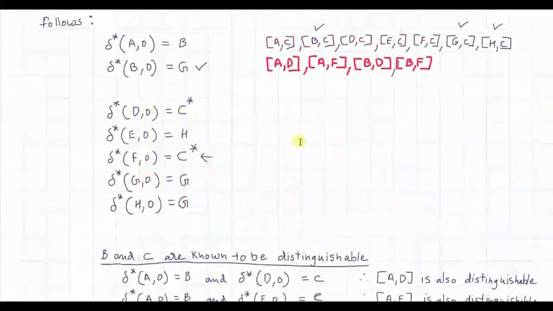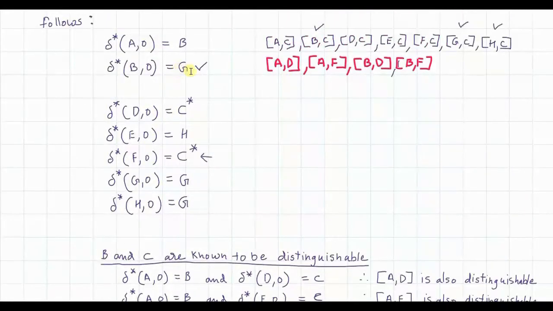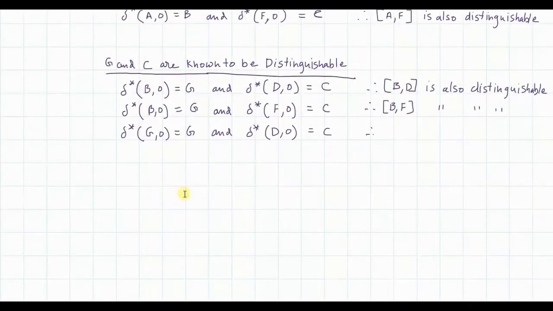So we have seen this G with this C, and now this G with this C. So now we will consider the second G, this G with this C. Okay, so I can easily say, del star of G, comma 0 gives you G, and del star of D, comma 0 gives you C. So I can say that D and G is distinguishable. I'll write the same thing now. You can say D, comma G or G, comma D